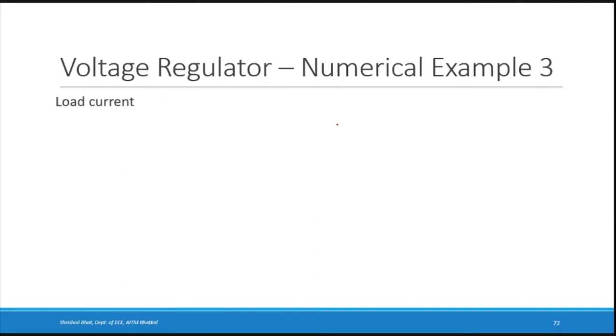Then I can find the load current. What is the load current? Load current is across the load resistance, right? So IL can be taken as voltage at the load divided by load resistance. Voltage at the load is V0 and load resistance is RL. V0 is equal to Vz, that is equal to 10 volts. RL is also given. It is equal to 450 ohms. So what is 10 volts divided by 450 ohms? 22.22 milliamps.